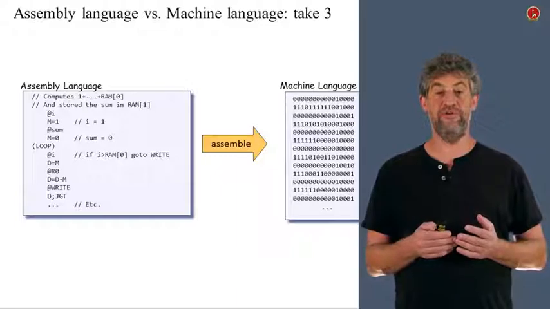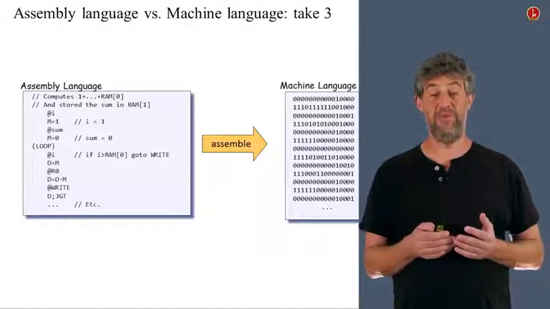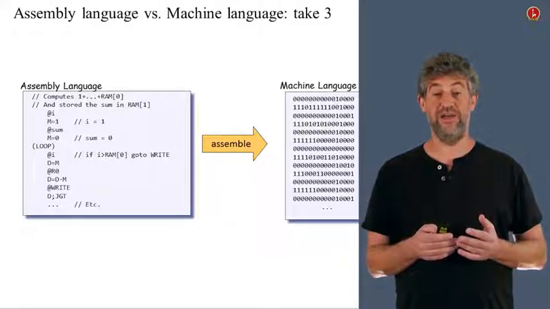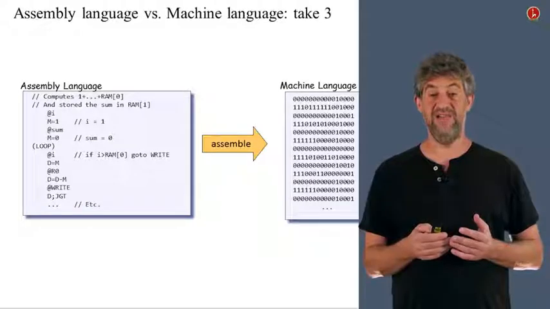Our perspective this week is going to be in the middle. How do you go from left to right? How do you do the assembly operation, i.e., what is the assembler, the program that translates what you have on the left, the assembly language code, to what you have on the right, the machine language